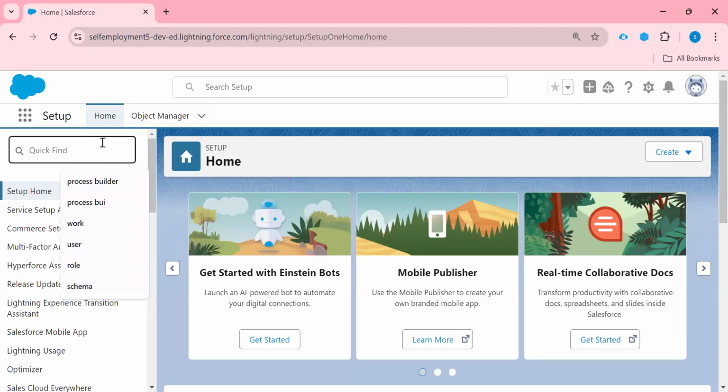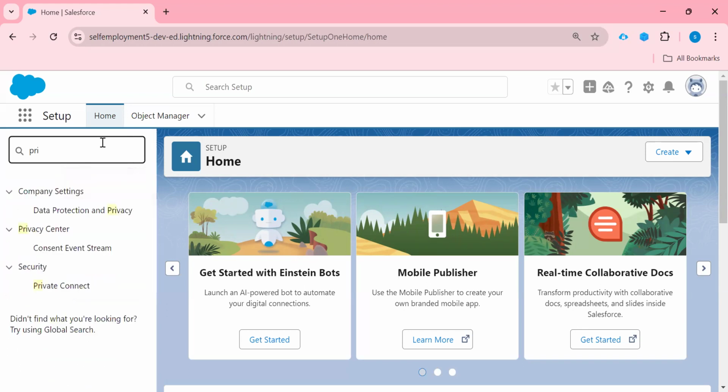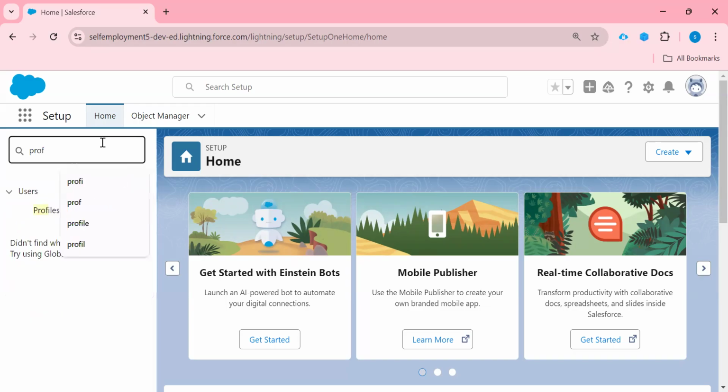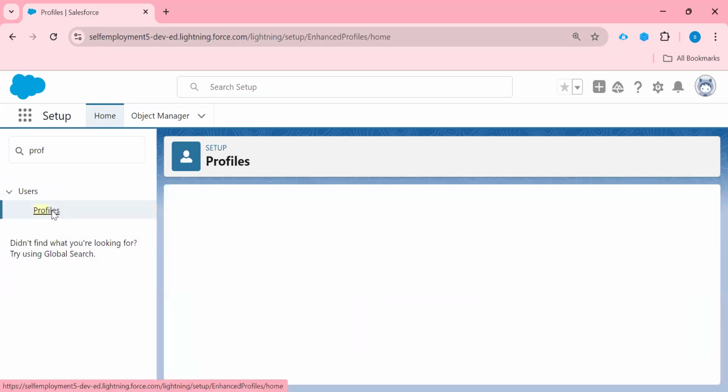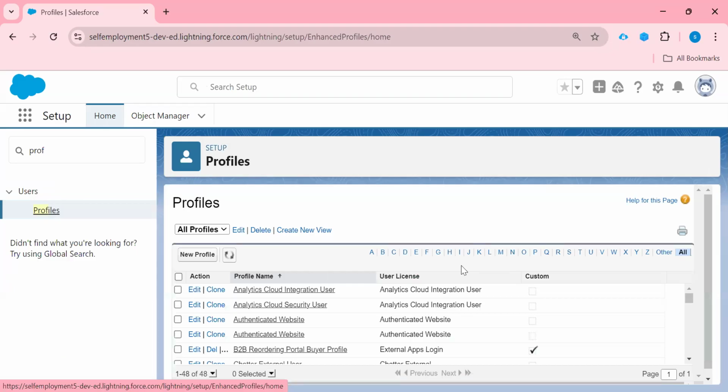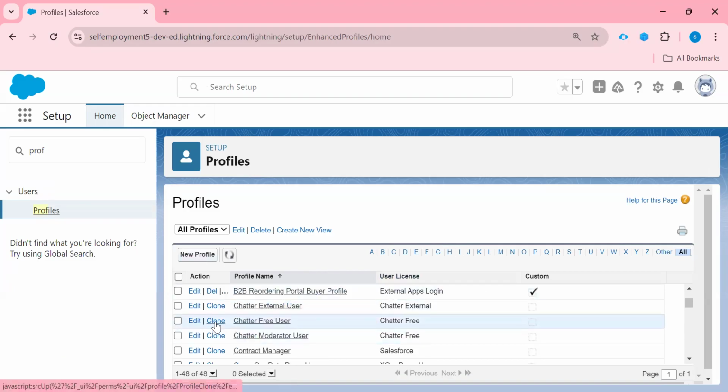First of all we are going to create a profile. In the find box type profile, and click on Profiles. We can create a new profile, or we can create one by cloning.